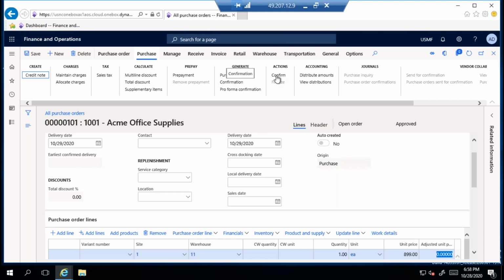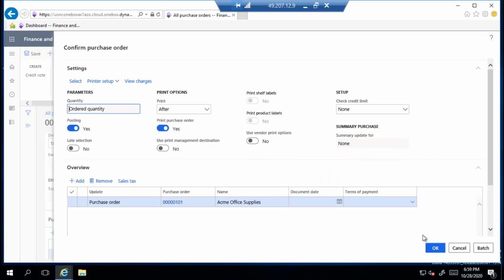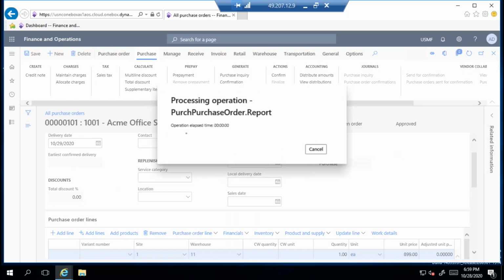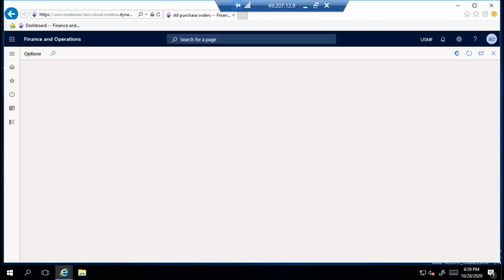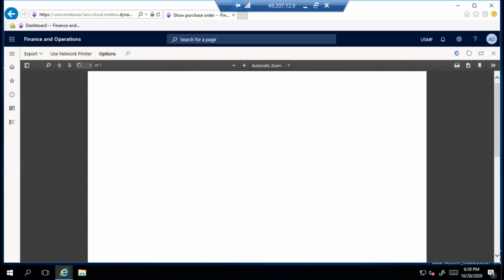So you can use these two buttons. If you click this button without the print option, it will be confirmed. But I'm doing it from this one. If it is this button, I can generate a print format. So I'm generating once again. So now it is generating very quickly. Look at this one. First time it will take some time. Second time onwards, it will be generated very quickly.